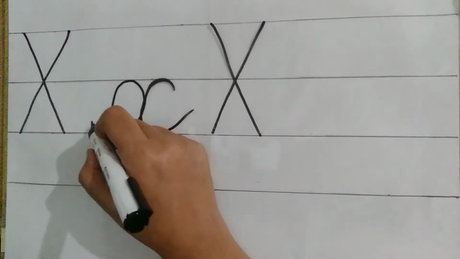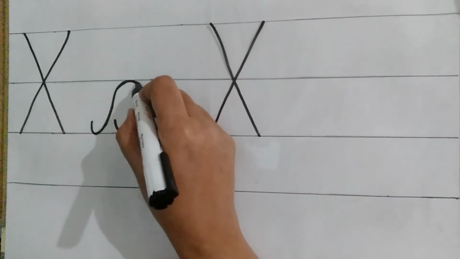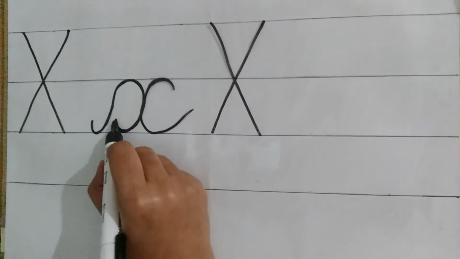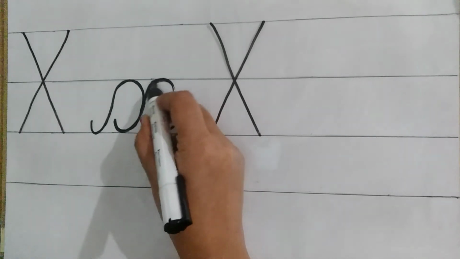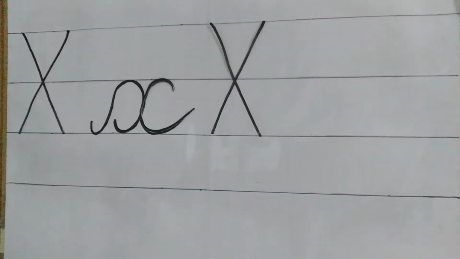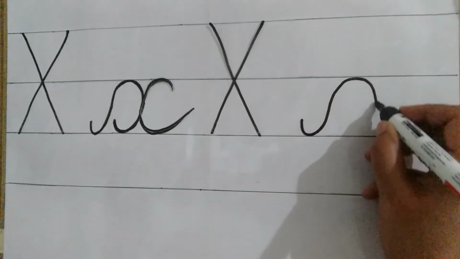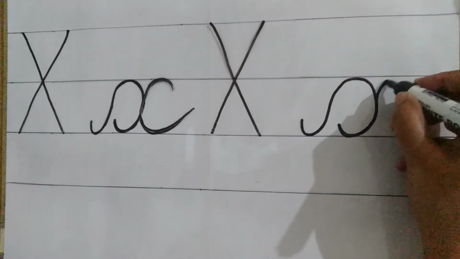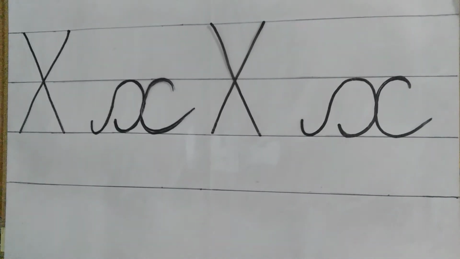Once again, tiny curve, we go up like C, but instead of coming back, we go ahead. Like we are completing the circle, but we stop midway, we go back, then we make proper C and out. Once again, start with the tiny curve, go up, make a round like this, stop here, go back the round, up, make a C and out. This is the proper way of writing small cursive X.